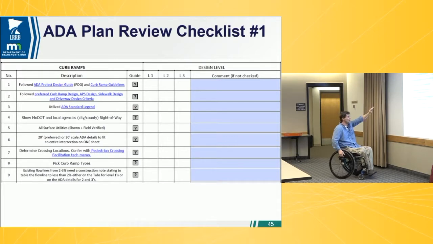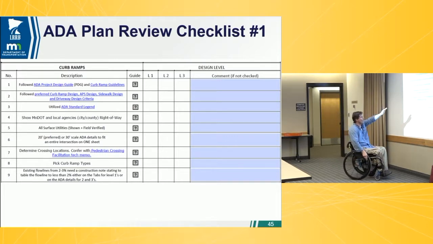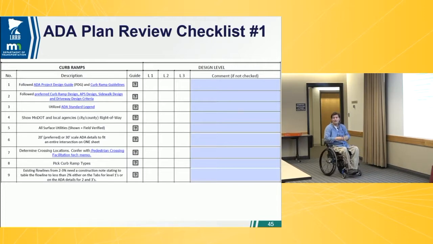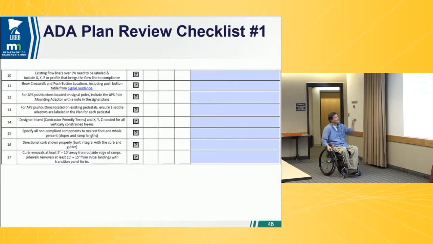Show the surface utilities, yep, 20 to 30 scale, fit on one intersection, good. Where's your crosswalks? Pick your curb ramps. Flow lines between 2 and 3% can just do a note. Construction can figure that out. Flow lines greater than 3%, do that XYZ. Show your crosswalks, do your pole mount adapters and your pedestal adapters, designer intent, specify your non-compliant